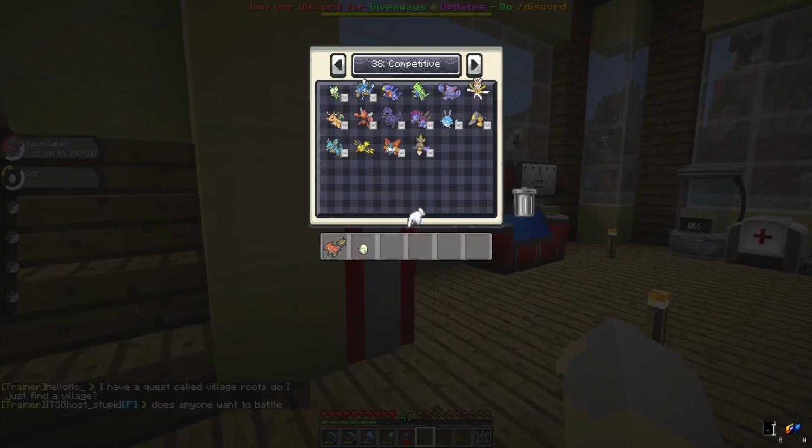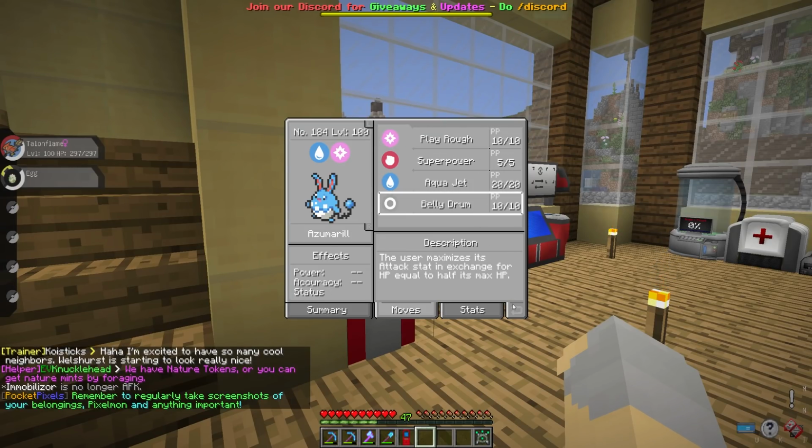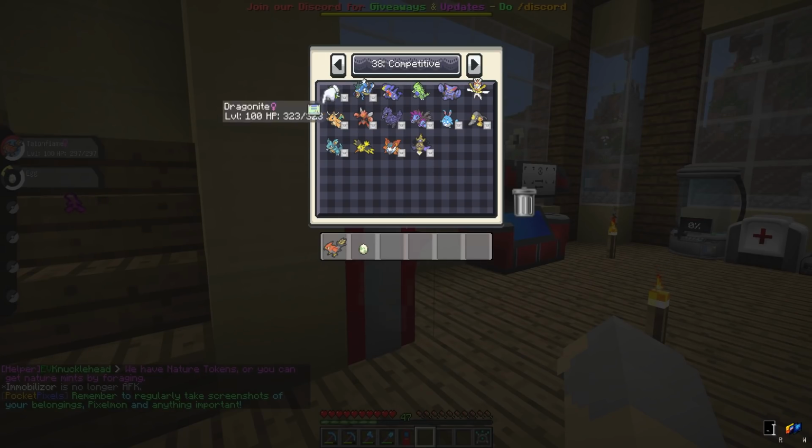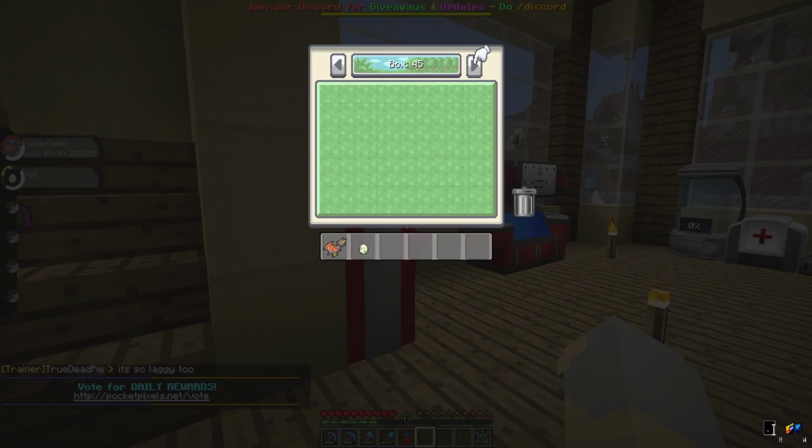If we look here at our competitive box, these Pokemon are all level 100, and they all have competitive movesets. So if we look at Azumarill, for example: Play Rough, Superpower, Aqua Jet, Belly Drum. This is a classic Belly Drum Azu. I'm not going to go through every single one of them, but we're getting there. We've got about 12, 13, 14, 15, 16 competitive Pokemon with more on the way. I'm currently breeding